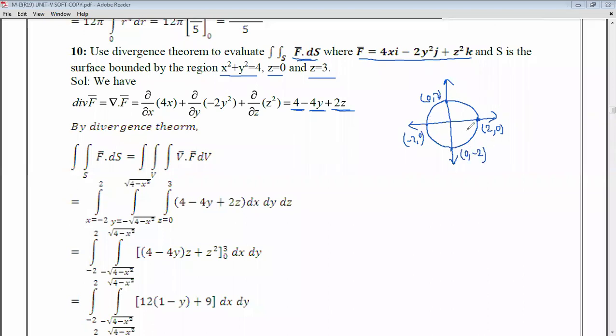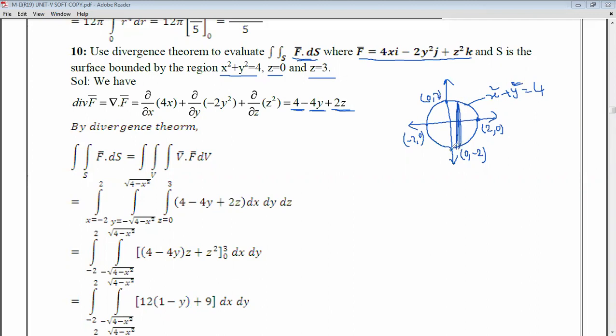So this is throughout the entire region. They didn't mention any first octant like that. So this is the throughout region, and this is the circle x square plus y square is equal to 4. If you are choosing a vertical strip, y should be in terms of x and x should be constants. So here I'm choosing a vertical strip. This is the vertical strip.